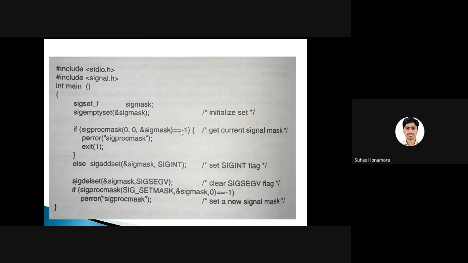Now we are checking whether it is -1. Whenever execution is successful it will return 0, and on failure it will return -1. If it is -1, execution has failed, so you can't get the signal status. In that case we say a sigmask error has occurred and stop the execution. If it is not a failure, it is successful. Then 0 equal to -1 is false, so we go to the else part, where we reset that sigmask.